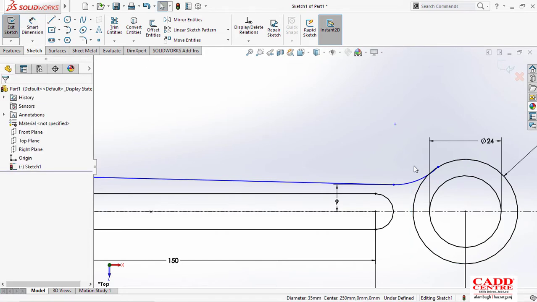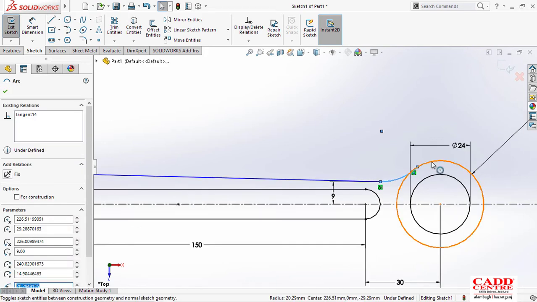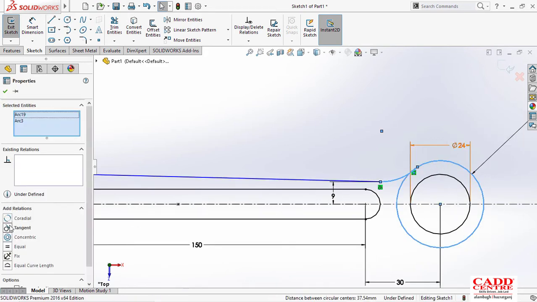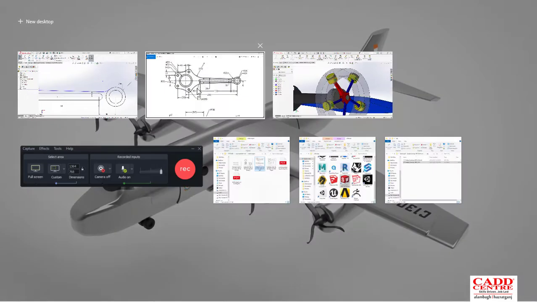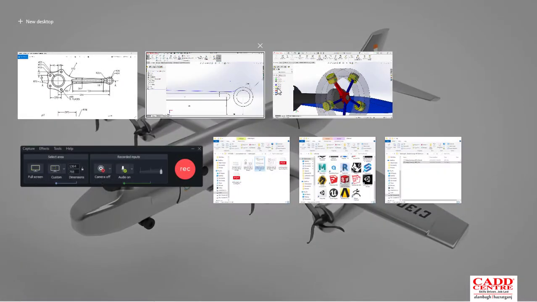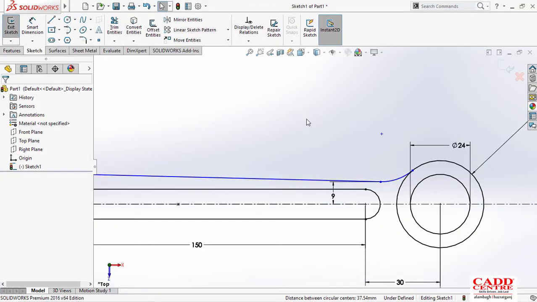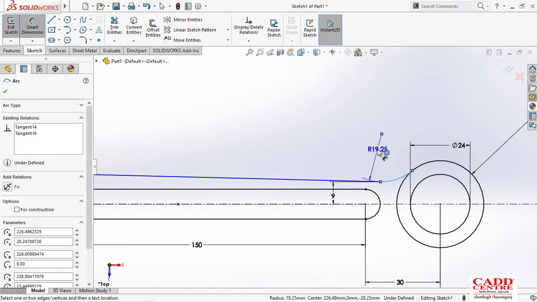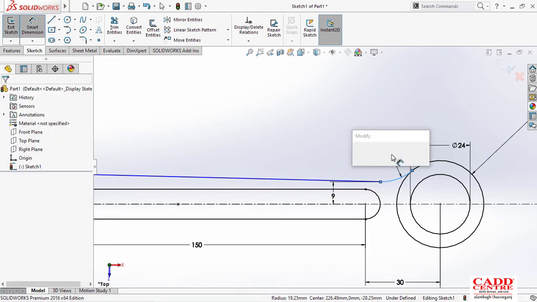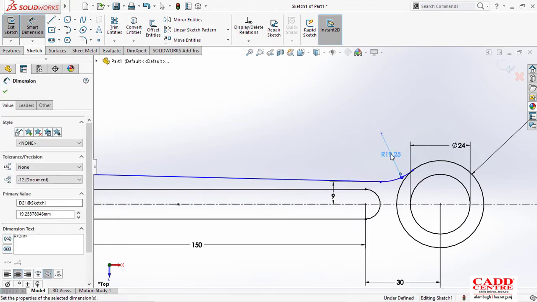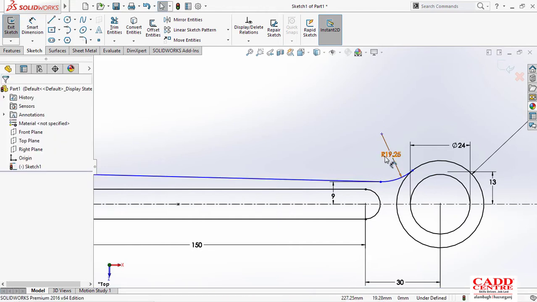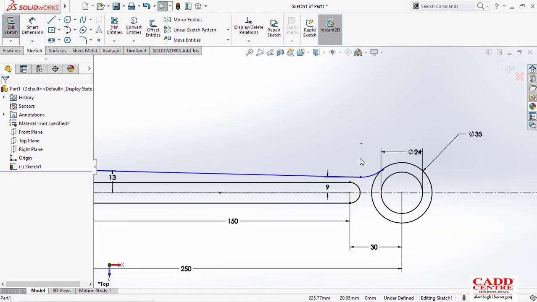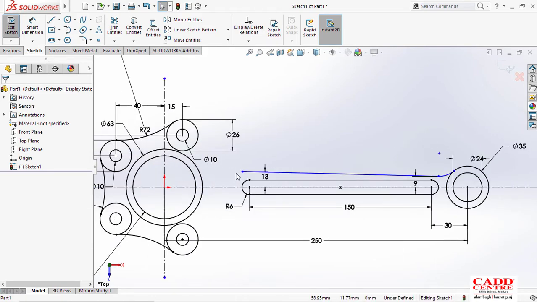One second, because this one is tangent, I'll just have to provide the tangency from this and this tangent. Okay, now it's clear. And they have given the radius for the same is 35, so I'll just provide the radius which is 35. Okay, so I'll just leave the radius here. I'll just modify it earlier when we will just cover that portion. So let's come to that portion.